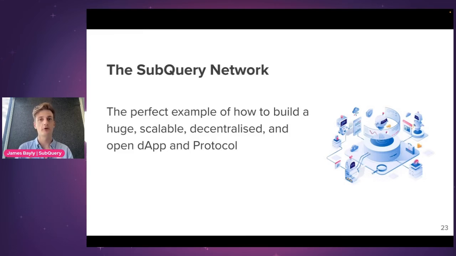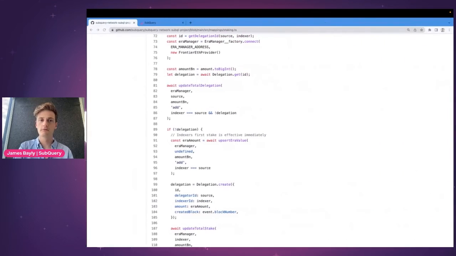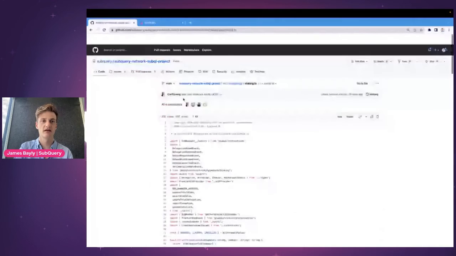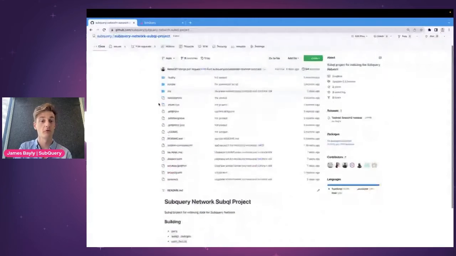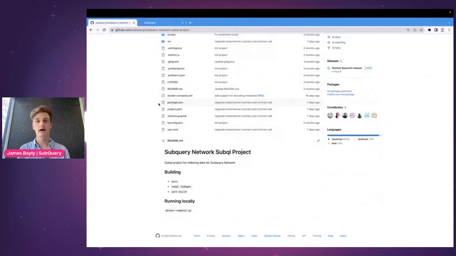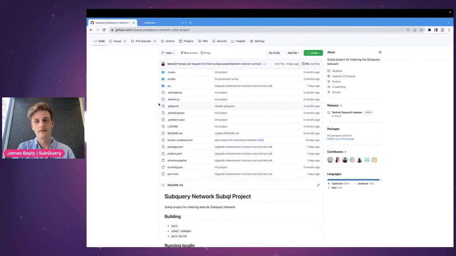So we're very pleased and very happy to work with Moonbeam on this. Moonbeam has been a perfect place to build our testnet, and you can see we've done a lot of work and really been able to build this complex SubQuery project with various different pieces to make it work. And we'll be launching the network very soon. We're just waiting for the right time. We're just finishing off various more features to bring it up to feature parity with some other decentralized infrastructure providers out there. But it's very familiar, and as you would have seen in this demo, it's very straightforward.